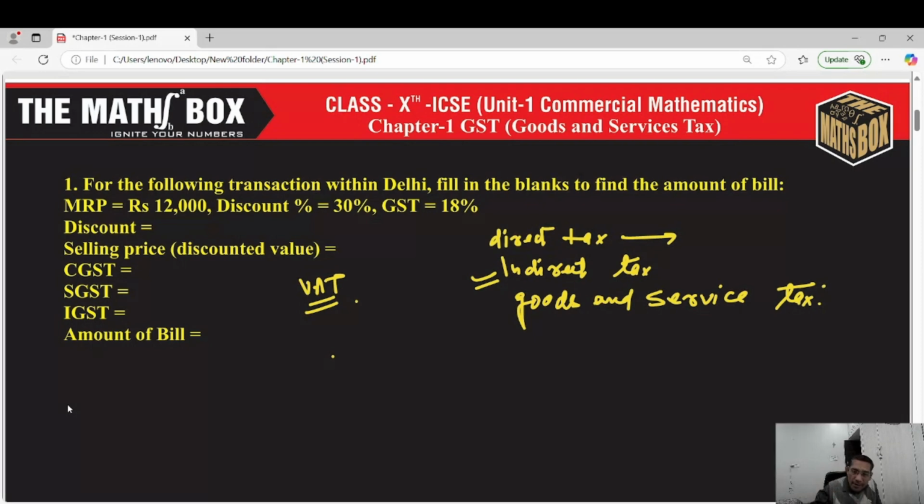After July 2017, the government of India abolished all the different indirect taxes and introduced a new tax called goods and service tax. Now, goods and service tax is basically a consumption based tax. Now that means, as many people are there in the transfer of goods from one end to the end user,